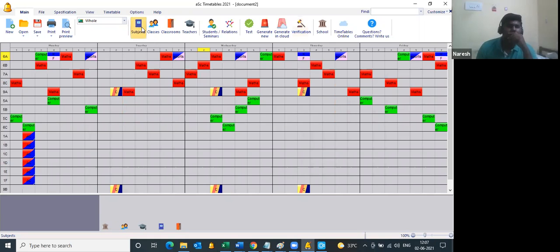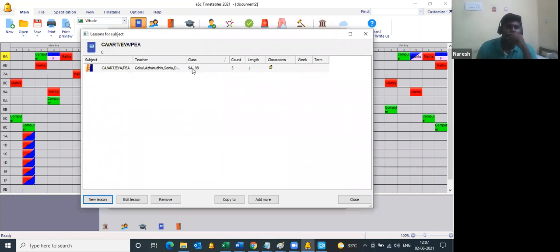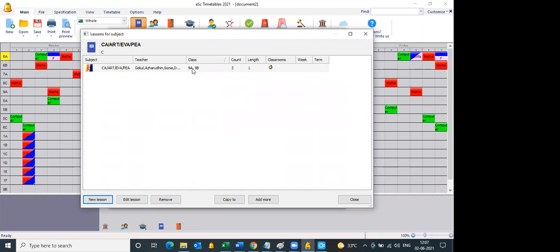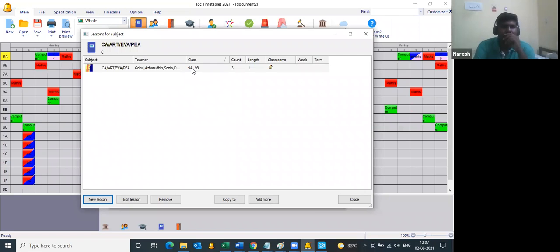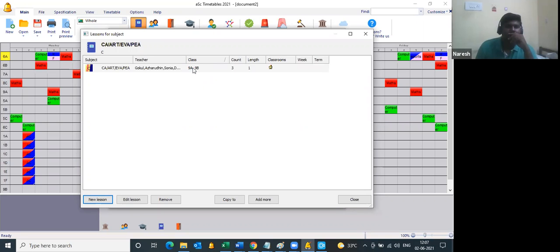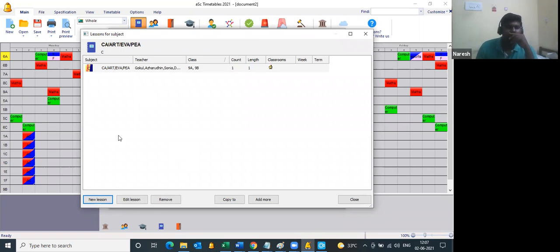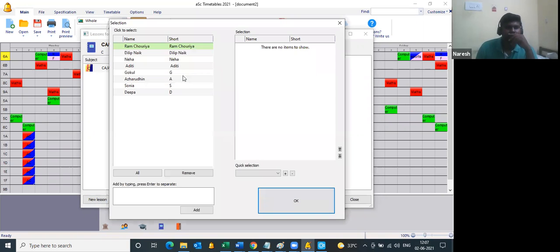Okay. Click on subjects, click on the CA Art. So you want only one, or all the 3 periods should be double? No, the 2 periods should be double and 1 period should be single, because if we have 3 periods, we can't have 2 double periods. We'll get only 1 double period. So you want 1 double and 1 single, is it? Yes. For that, first make it as 1 single, and you need to create the same format. The teachers will be these 4 teachers.